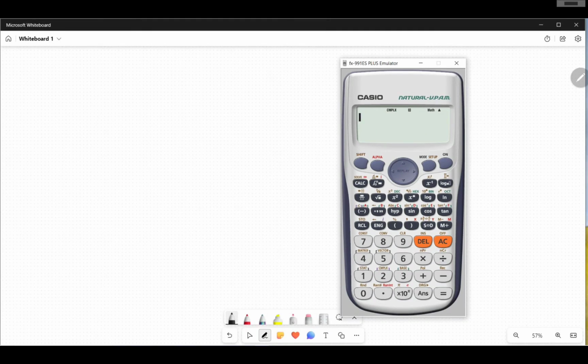For power problems, you can also do the conjugate. Let me say this is my answer. This is it. I can shift store it at A. I can just say shift complex and then 2. I can do the conjugate of A, then it will give me the conjugate of A. Or maybe I want only the argument of A. Easy, it also says complex argument is here, right? It's at 1. Argument of what? Of alpha A. So I think these are some of the most important functions you need to know on how to use your calculator. Other than that, I don't think there's anything that can trouble you, as long as you know